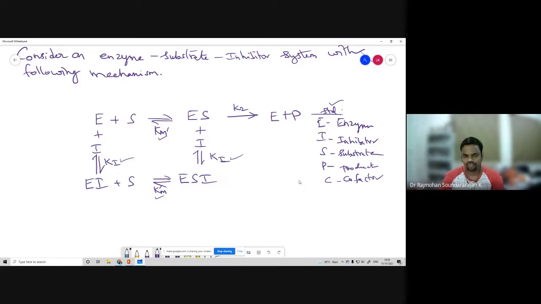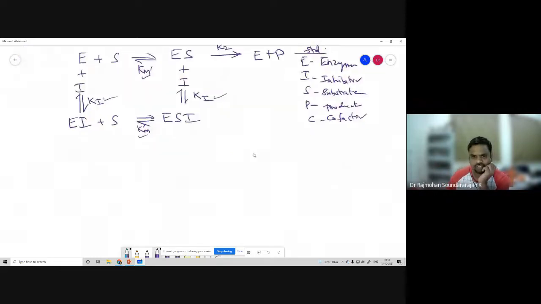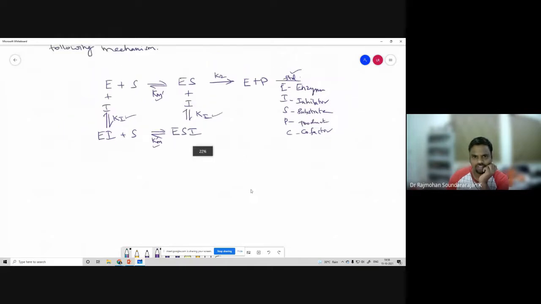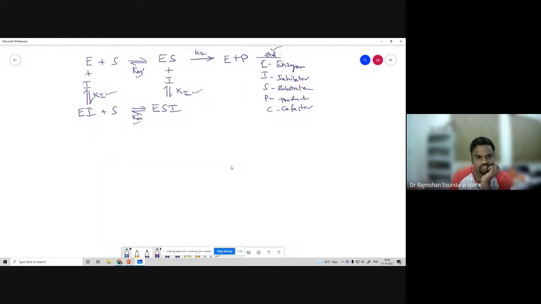So how to solve this problem? Now we will solve it. First write the given reactions as separate equations so that it is easy for us to derive. This is the first reaction, E plus S forming ES. It will be step 1. The forward rate constant is K1 and the reverse is K minus 1. We can use that only, K1 and K minus 1, or you can use Km dash.